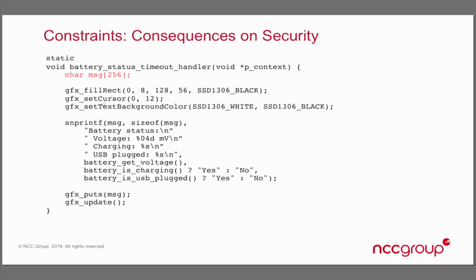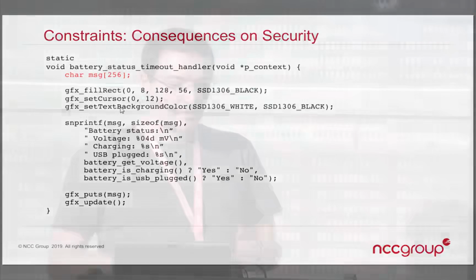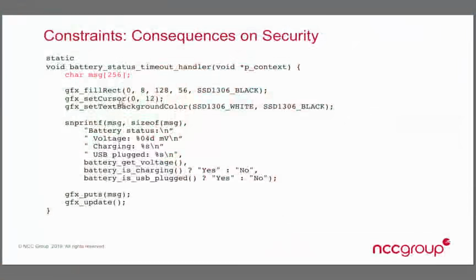One is that the 256 bytes are allocated when the function is entered, but they're not used while the first three function calls, gfx fill rect, set cursor, set text background color, are called. And yet they are allocated. So this common idiom in C programming of simply allocating local variables at the start implies some unnecessary memory consumption when calling these subfunctions. For the other one,